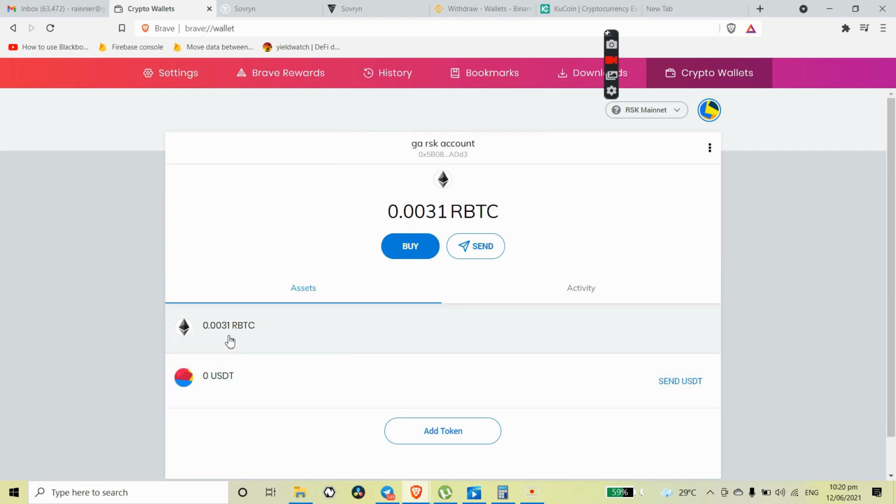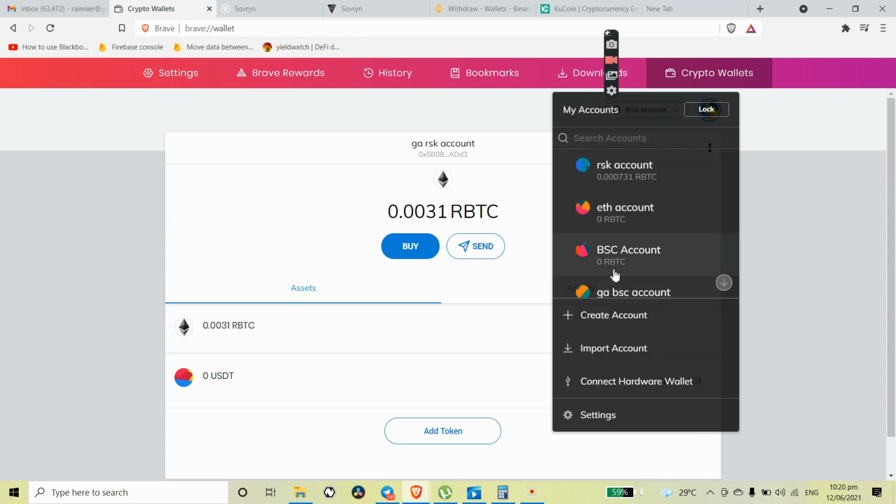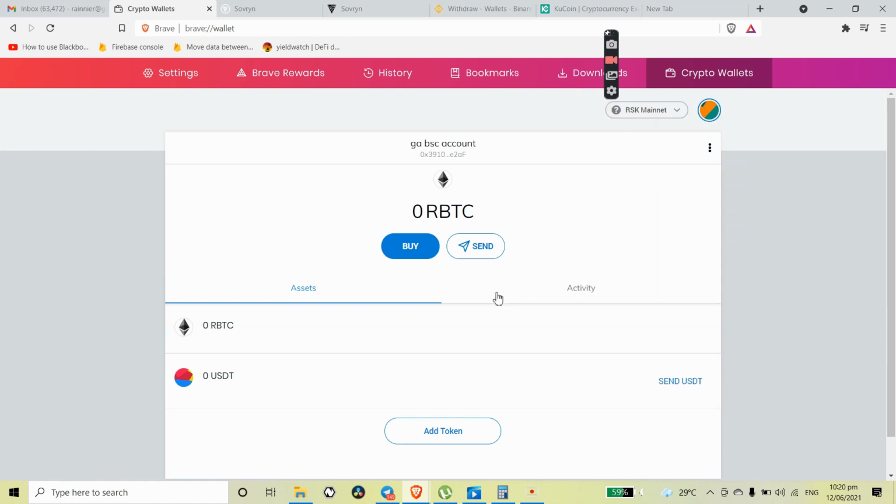This wallet, and now we have the RBTC. Now we have the RBTCs and we have our USDT